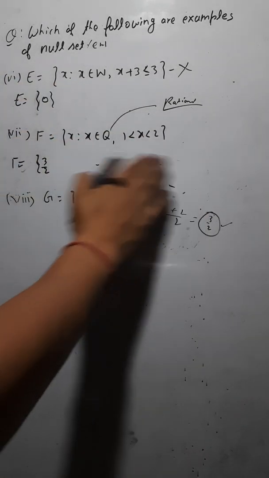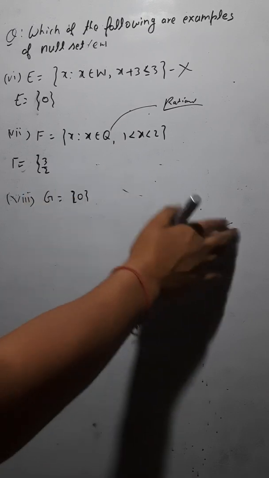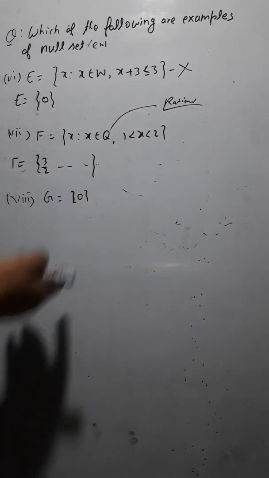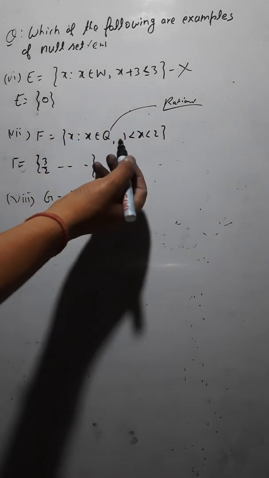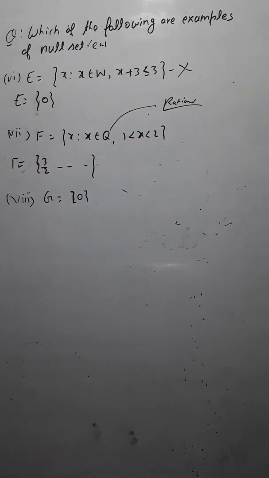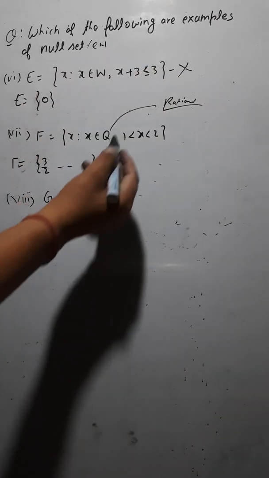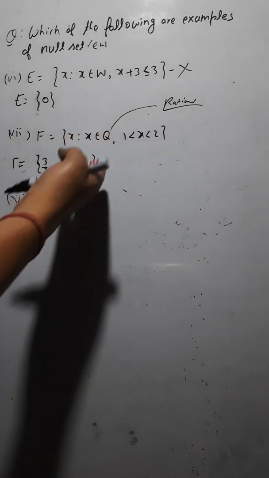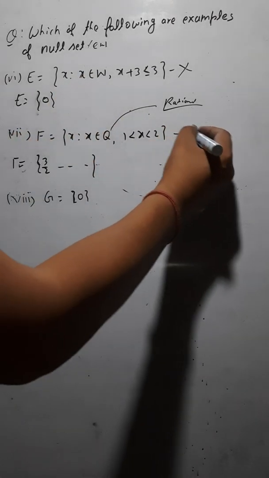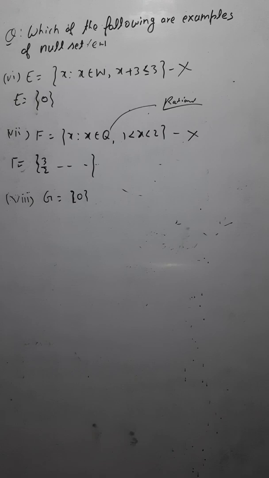So yes, you can see that set F is not a null set. It is not a singleton set also, because you can find many rational numbers between 1 and 2. That we have already discussed. Find 5 rational numbers between 1 and 2. You can find it. You have already done this sort of question in class 10th. Yes or not? So we can find many rational numbers there. So simply, it is not a null set. Okay, again it is not a null set. Okay, now next one.